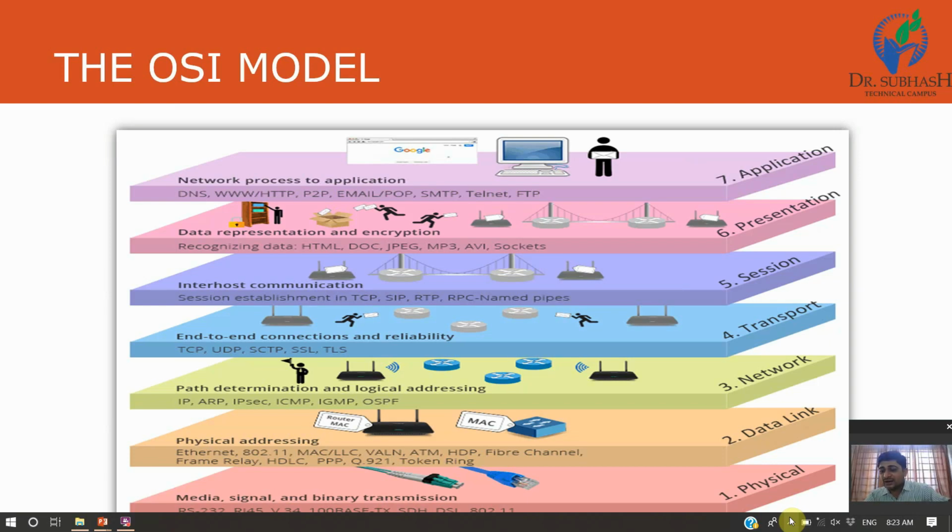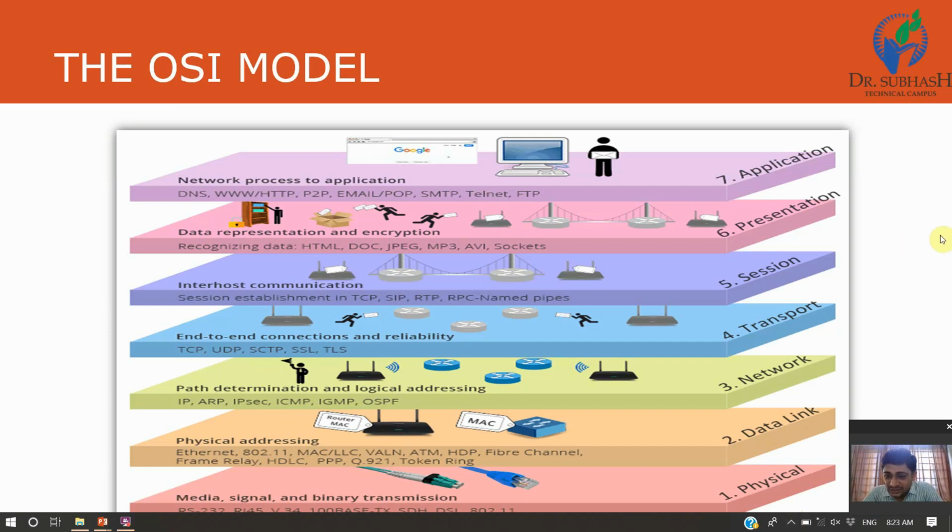So the sender will send data that may be a sequence of data A, B, C, D, E. Then exactly the same data will be accessed at the destination, and that is A, B, C, D, E. Okay, so all the 7 layers are working. We learn one by one.